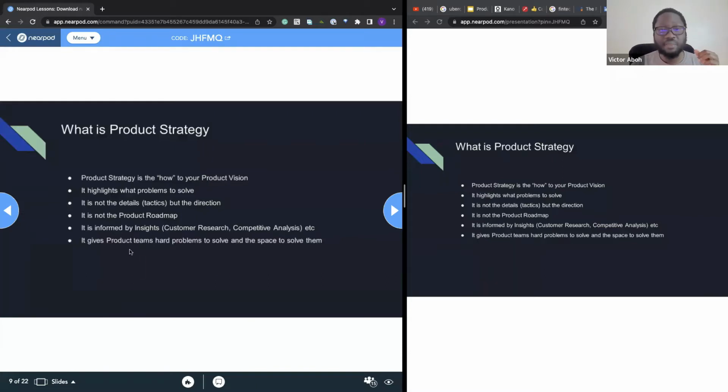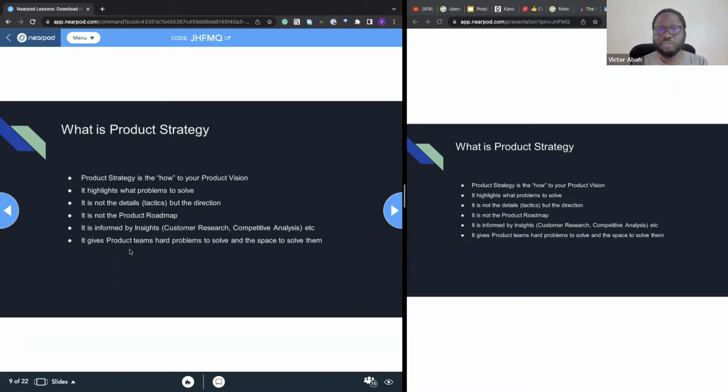And then lastly, there's a product thinker who I respect a lot. His name is Marty Cagan. And he talks about the differences between empowered teams and feature teams, right? When you have an empowered team, you give them a problem to solve, and that's what the product strategy is. It's like, here are the problems we want to solve. We want to do this in this space, and you hand that over to your product teams, which are multidisciplinary. So not just product managers, developers, designers, and you give them hard problems to solve.